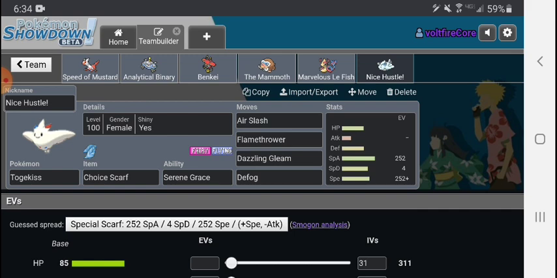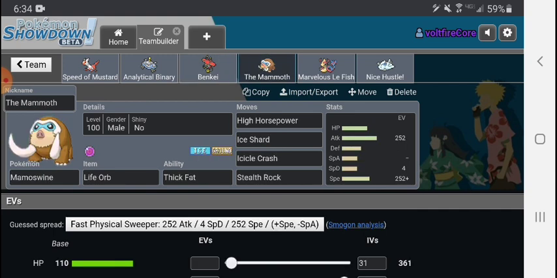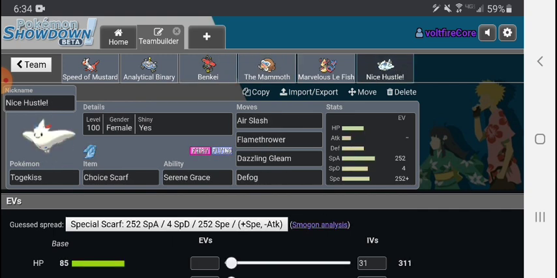So not only did I not have a Scarfer, I also didn't really have any mon to cheap an opponent out. I couldn't really be cheap. Sure, I could burn them with Scald, or maybe crit with Stone Edge, but I didn't have anything insanely cheap. So I decided to put on a Serene Grace Air Slash Togekiss, since I really like Scarf